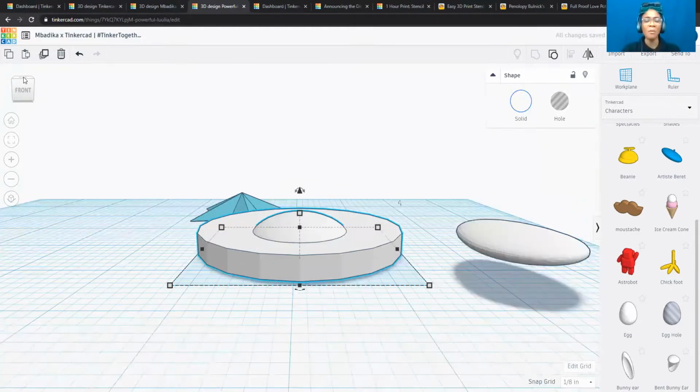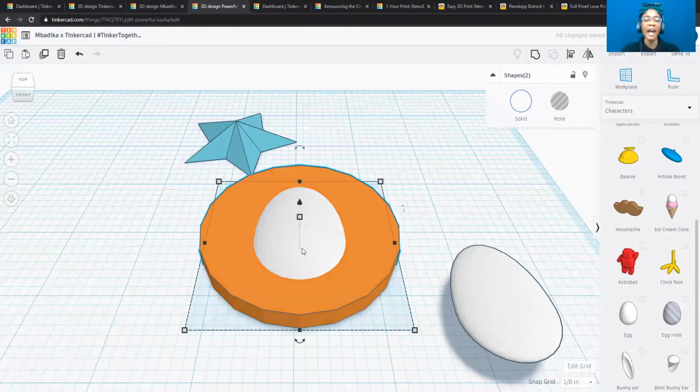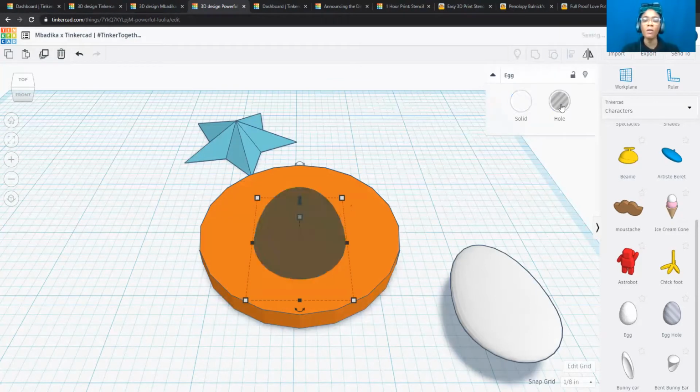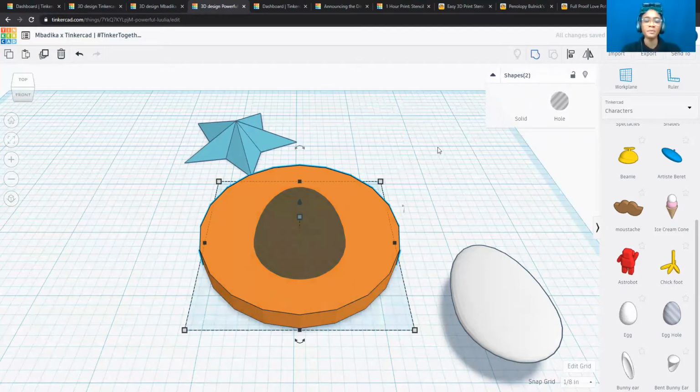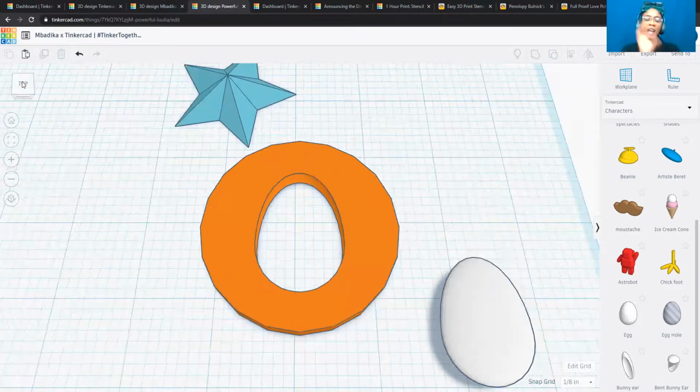But that's not what I wanted. I mean, she's cute for a necklace pendant, but we wanted it to actually be a stencil with a hole through it. So the step that I forgot to do, so I'm gonna ungroup from my upper right-hand toolbar, is I actually want this egg to be a hole. So I'm gonna click the hole, I'm gonna select again my stencil, and then I'm gonna group. And ta-da! I actually have my egg stencil